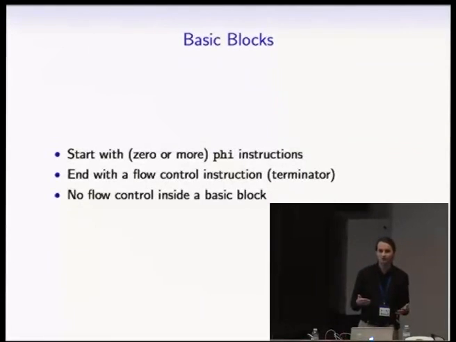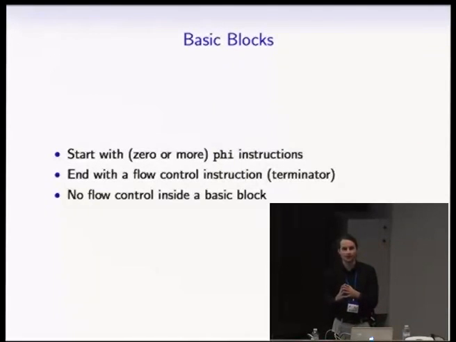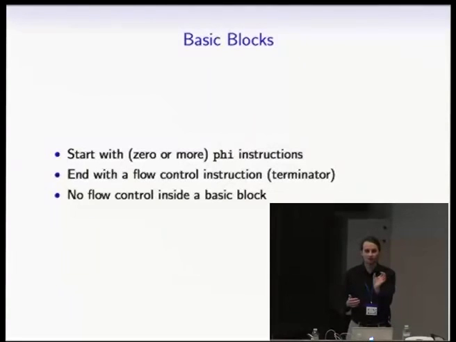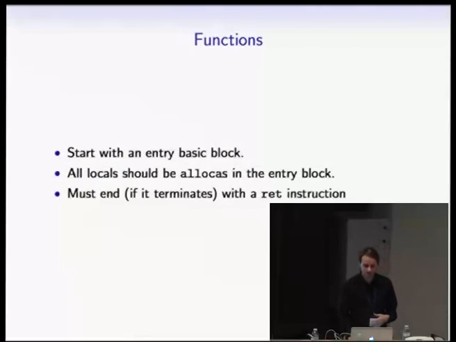So I said you can't reuse a variable, but imagine you have a for loop which loops from, say, 1 to 1,000. And in single static assignment form, you can't have a variable being assigned to more than once. So how would you use the loop index variable in this? The way you do that is you have this special phi value which says this takes one or more different values depending on what the previous basic block was. And I'll actually show you an example of using that a bit later.